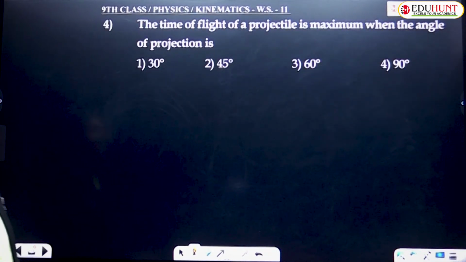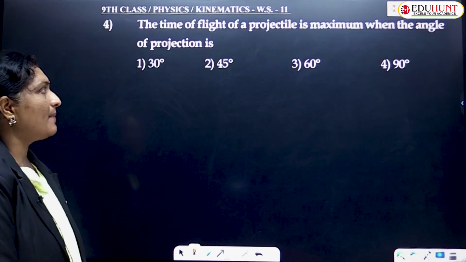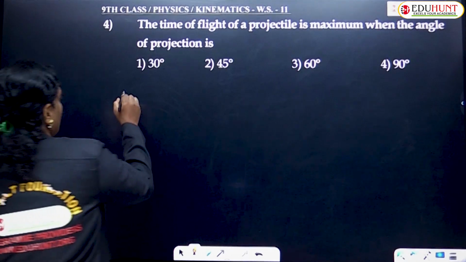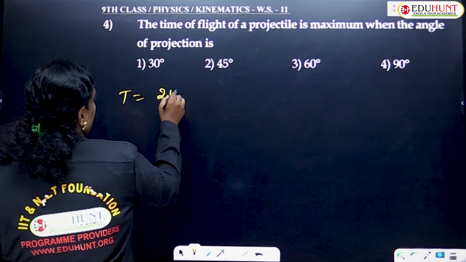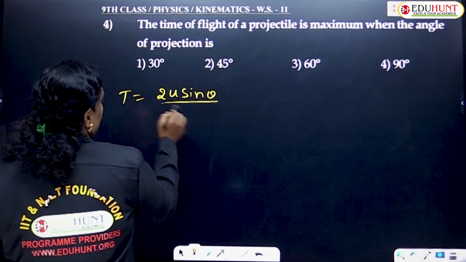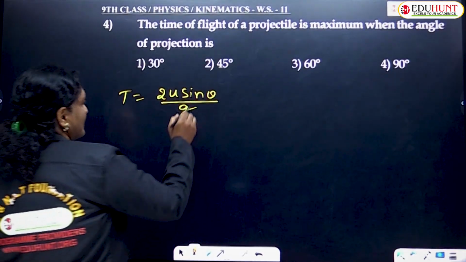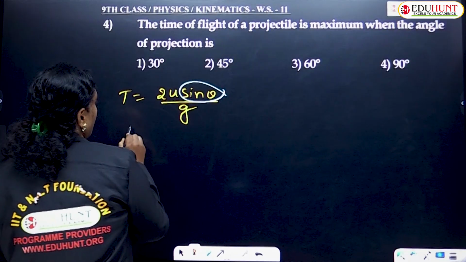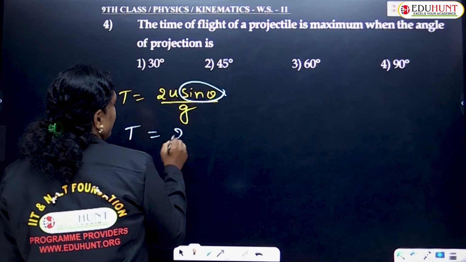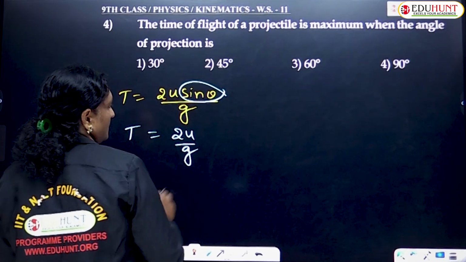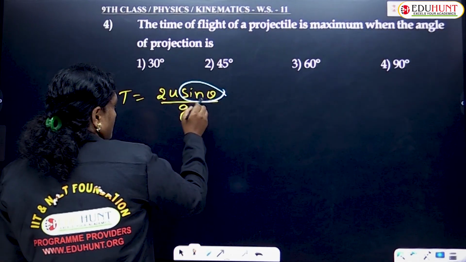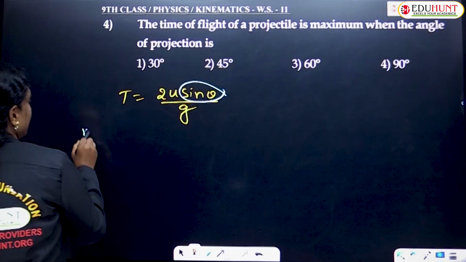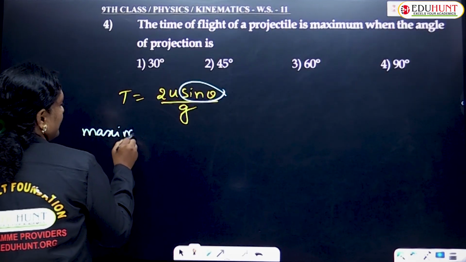Moving to the next question: the time of flight of a projectile is maximum when the angle of projection is. Children, what is the formula for time of flight? It is nothing but 2u sine theta by g. In order to get the maximum value, this sine theta must be 1. Then the maximum value of time of flight will be 2u by g. So for maximum time of flight,